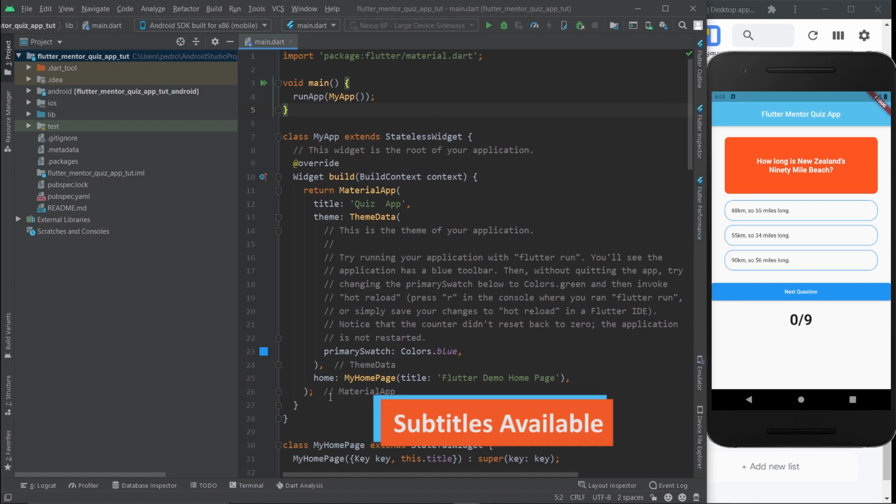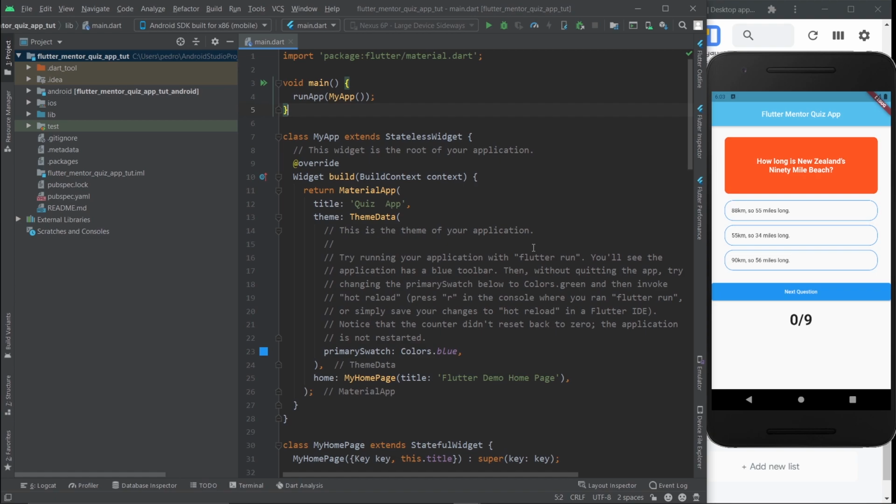So just ignore this project right here, because this is what we're going to be working with. But for now, it's just default. What I want you to focus on is the app right here, which is going to be a quiz app. And that's exactly what I'm going to show you how to create. I'm going to go all the way from the beginning of the process to the end of the process. And this is the final result.